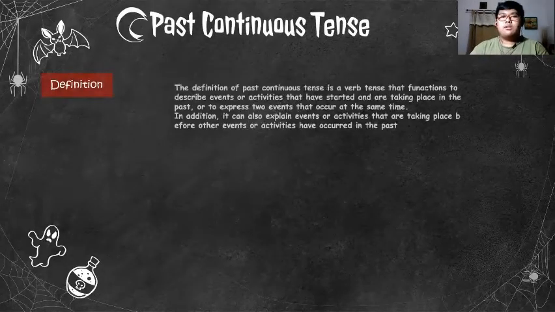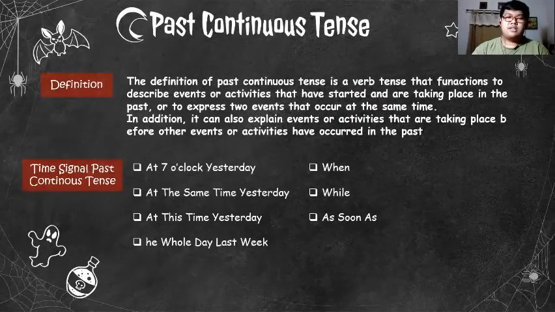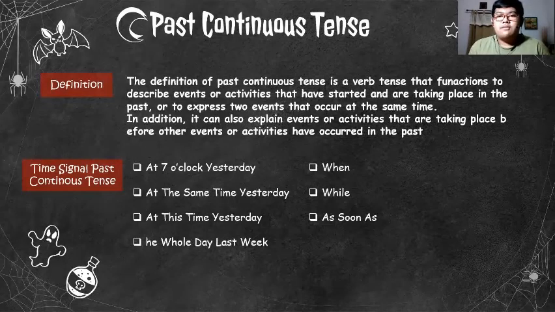Now I will explain the second one, the past continuous tense. The definition of past continuous tense is a verb tense that functions to describe events or activities that have started and are taking place in the past, or to express two events that occur at the same time. In addition, it can also explain events or activities that are taking place before other events or activities that have